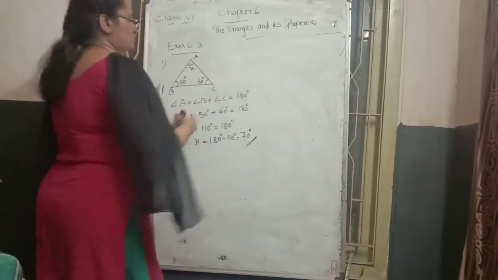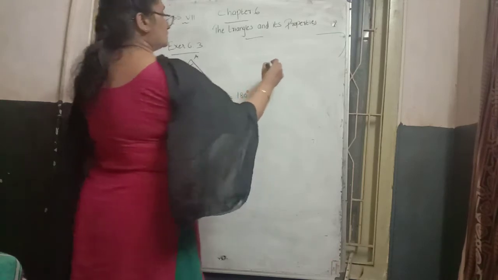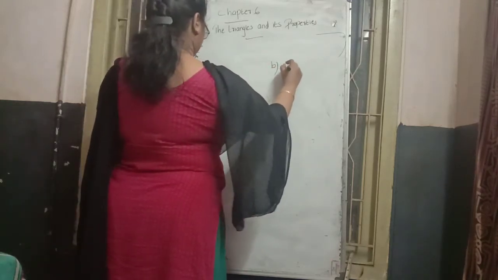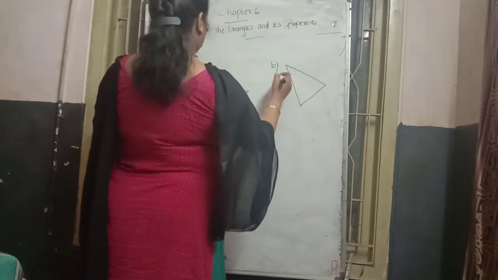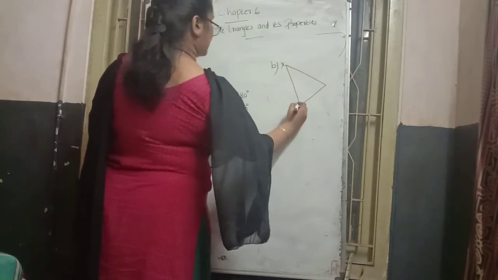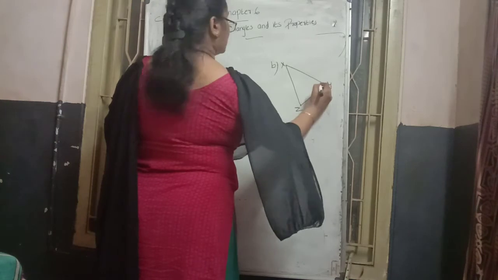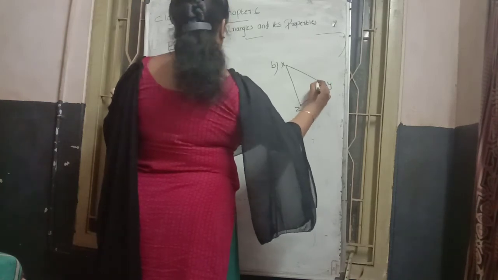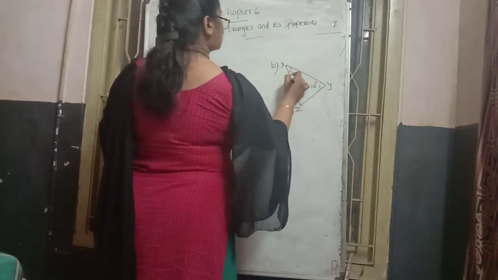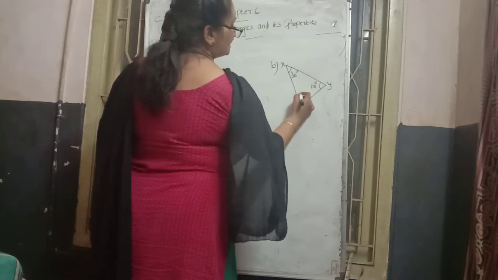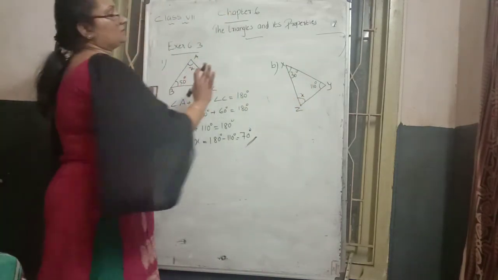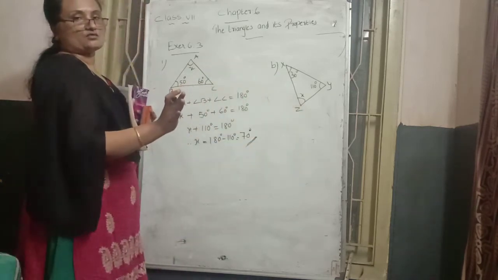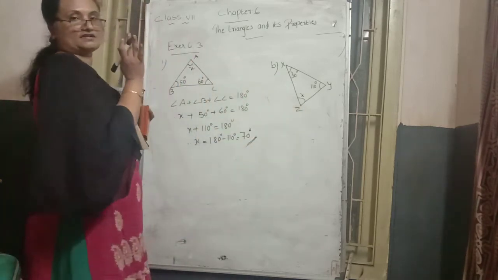Same model, one more question. Same model, one more is there. The B question is like this. Same model only. Here, see, in this diagram they mark it as X, Z, Y. Here they mark it as 110 degrees. Here they mark it as 30 degrees. Here there are no angles, X, Y. Here also no side is extended to the outside. Only a triangle diagram only.